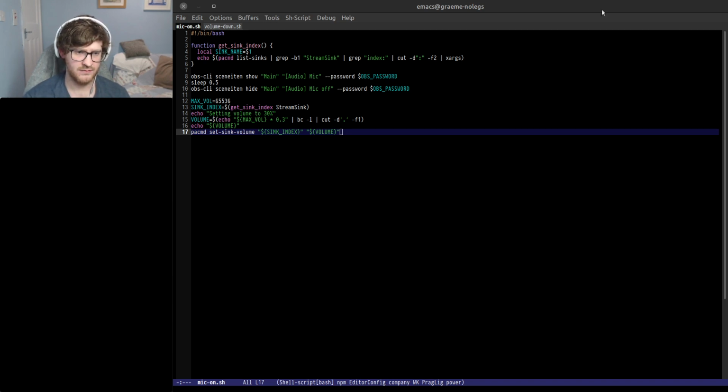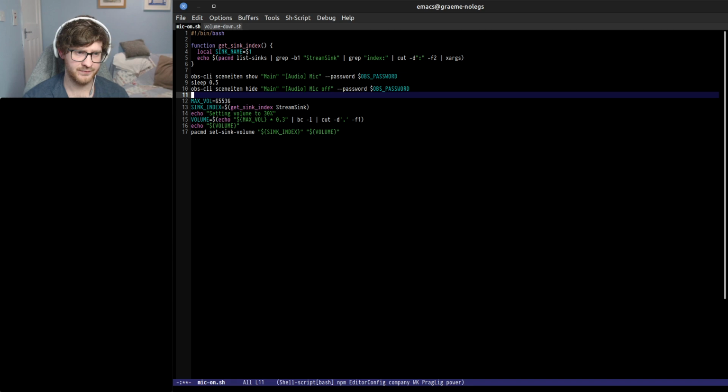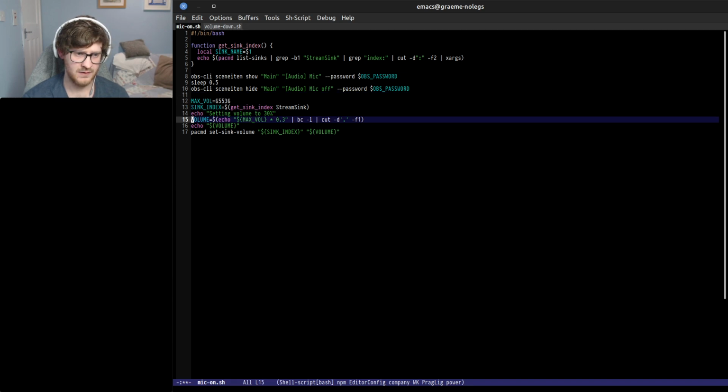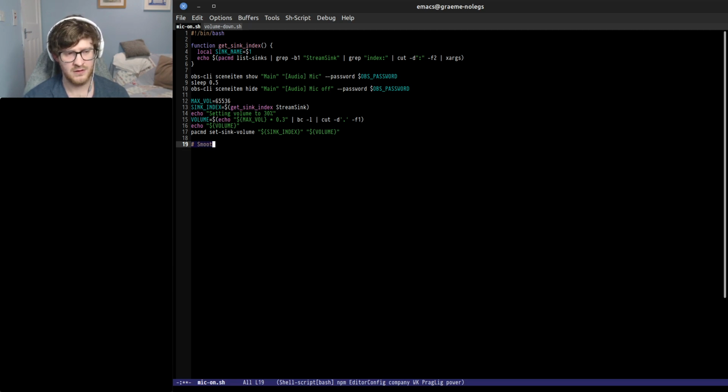So I guess the things we want to do for smooth volume: we need to get the time delta for the transition,